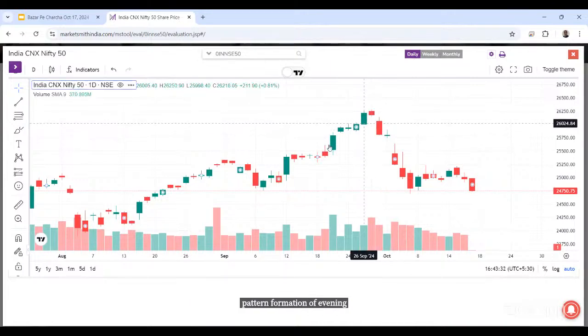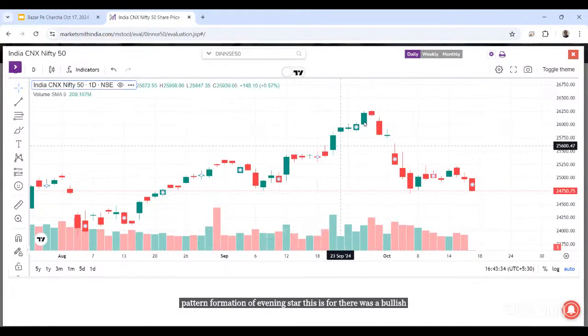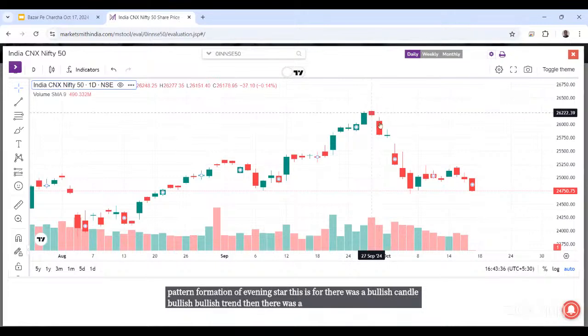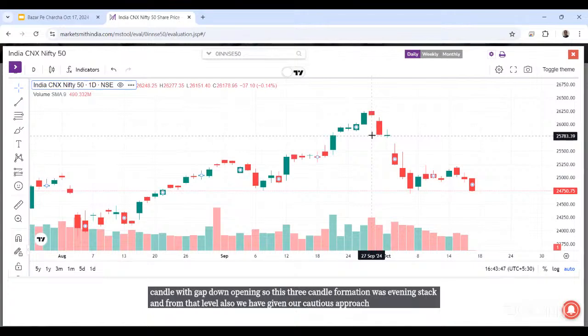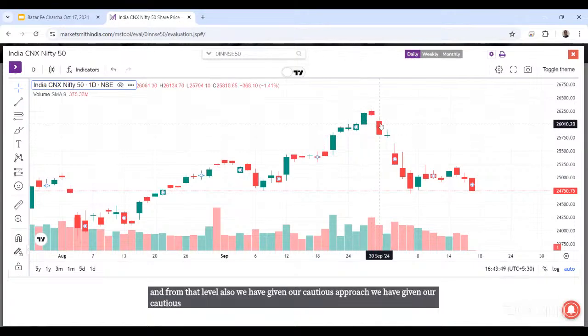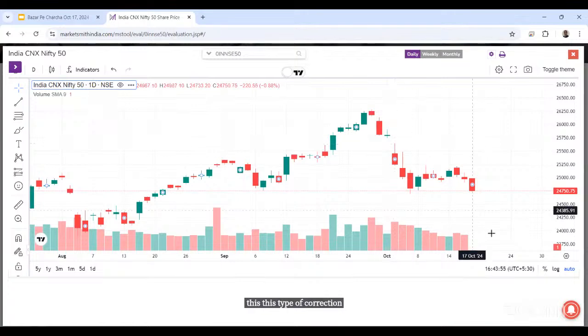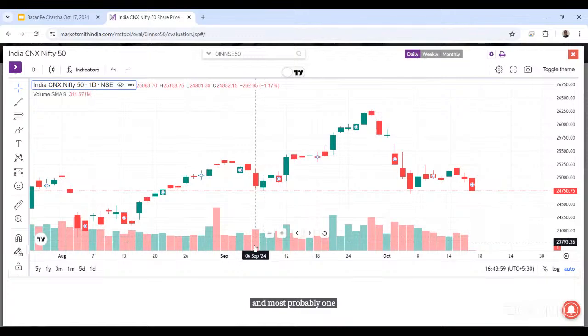There was a bullish candle, a bullish trend. Then there was a small candle formation. Then there was a big candle with a gap down opening. So this three candle formation was the evening star, and from that level also we gave our cautious approach. We gave our cautious opinion about the market, that maybe the market may enter into this type of correction. Also, now it is on the chart, and most probably one can expect that it may extend further